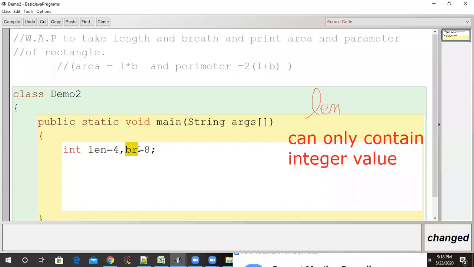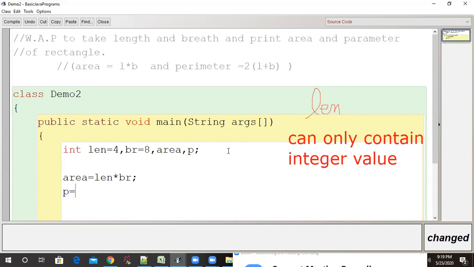So I also want to calculate the area and perimeter. So we need two more variables, area and p for perimeter. It is recommended we should not take very lengthy variable names, because it will lead to confusion and mistakes. Now, what is the formula of the area? Length into breadth. Great, very good, excellent. len multiply br.